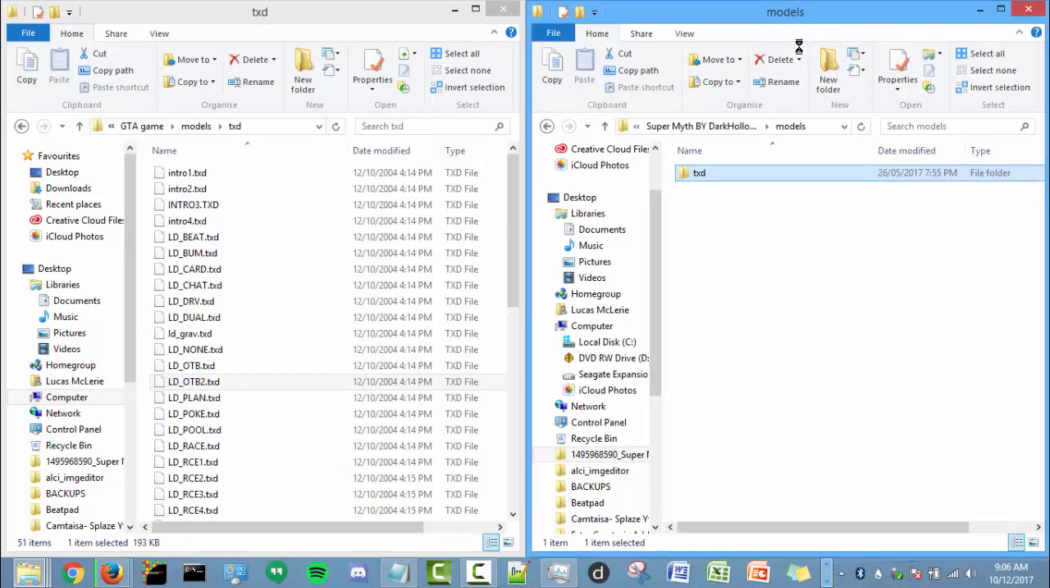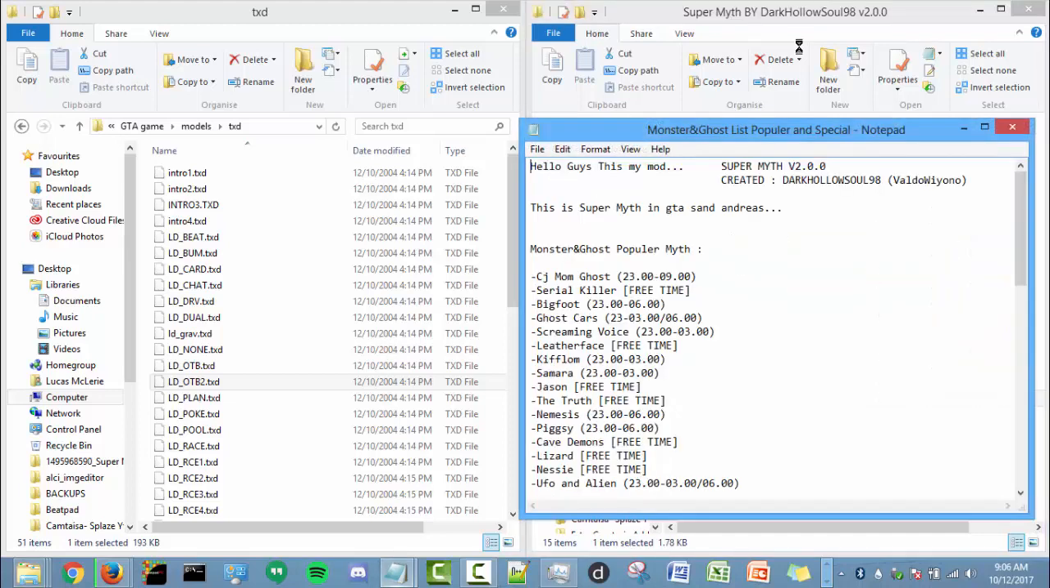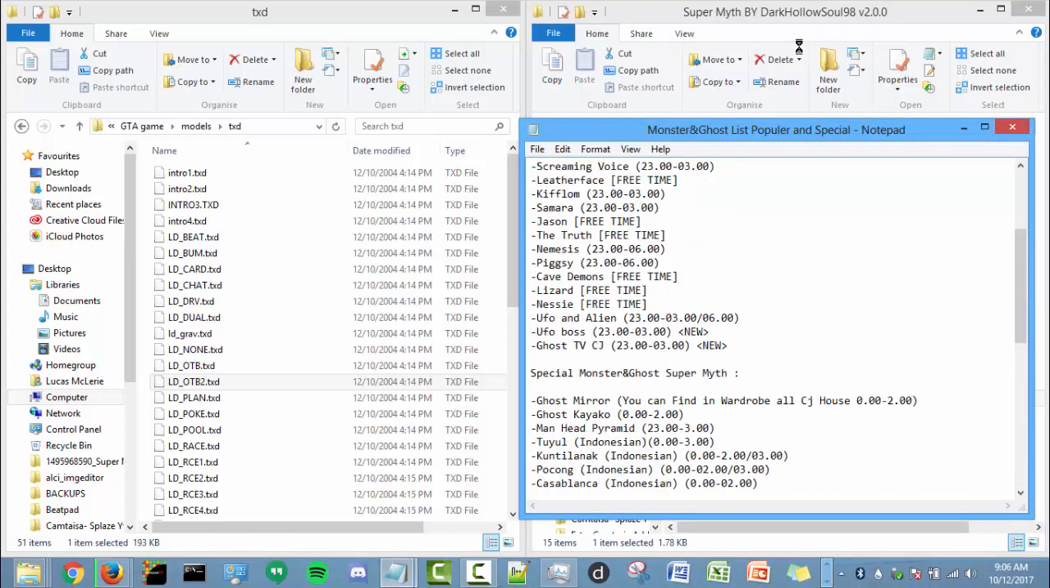And honestly, I really want a clean copy of GTA SA without the Super Myths mod, because you can't even go into a wardrobe without a haunting happening. So yeah, that's one of the downsides. If you want to go into a wardrobe to change your clothing, something will happen in that thing. So